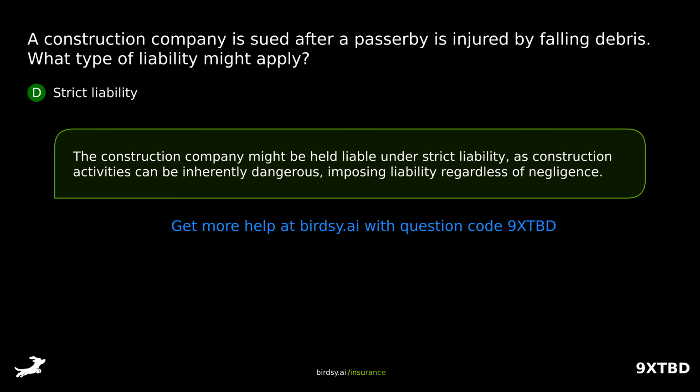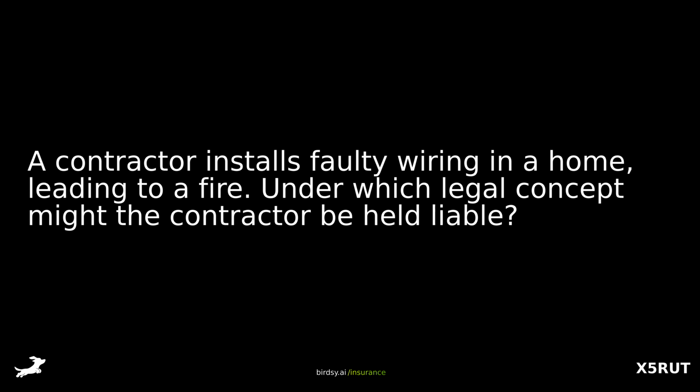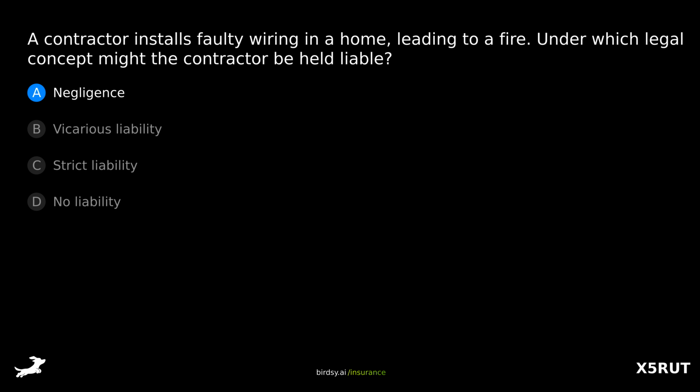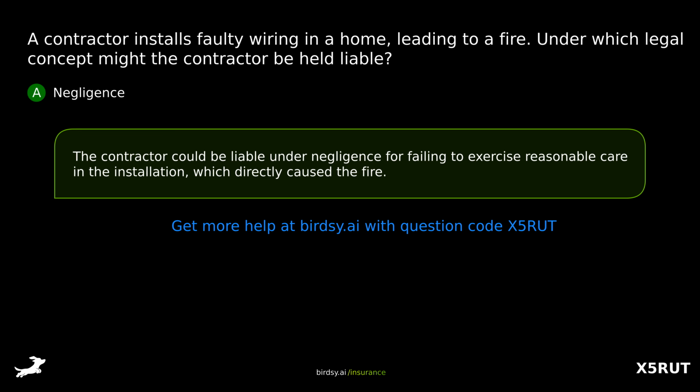of negligence. A contractor installs faulty wiring in a home, leading to a fire. Under which legal concept might the contractor be held liable? Is it A, negligence? B, vicarious liability? C, strict liability? Or D, no liability? The answer is A, negligence. The contractor could be liable under negligence for failing to exercise reasonable care in the installation, which directly caused the